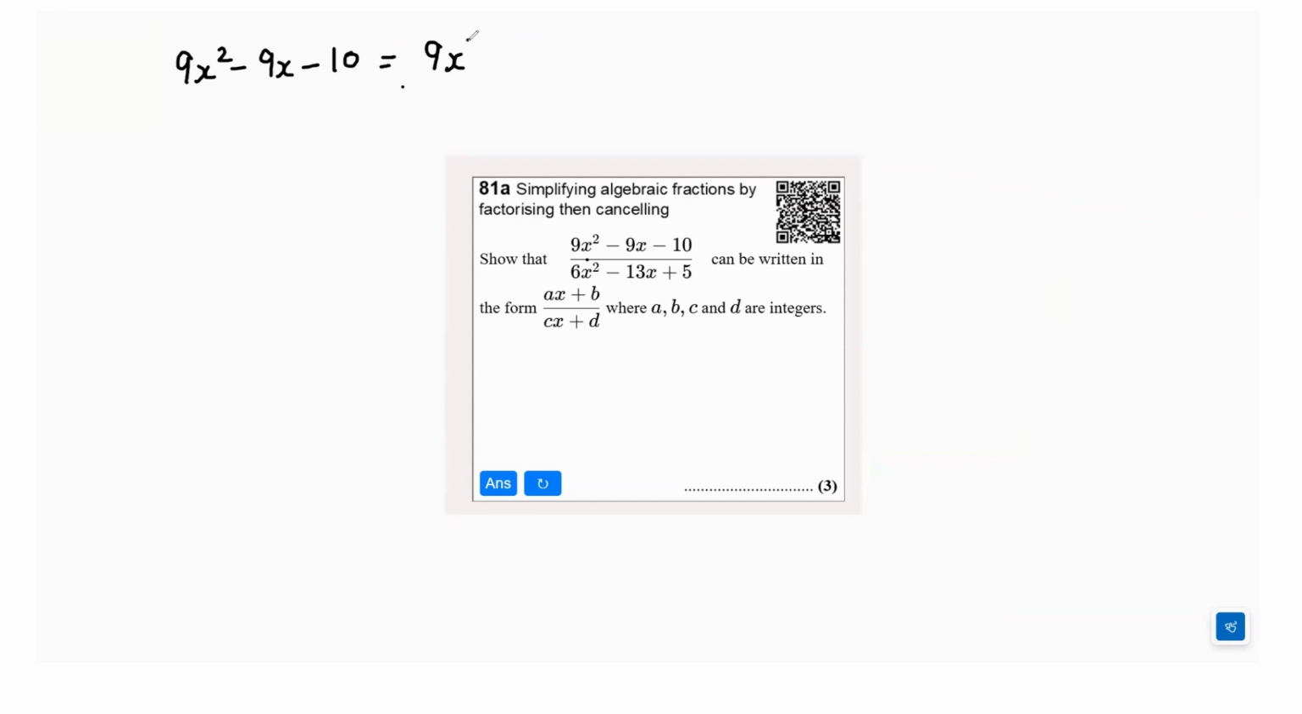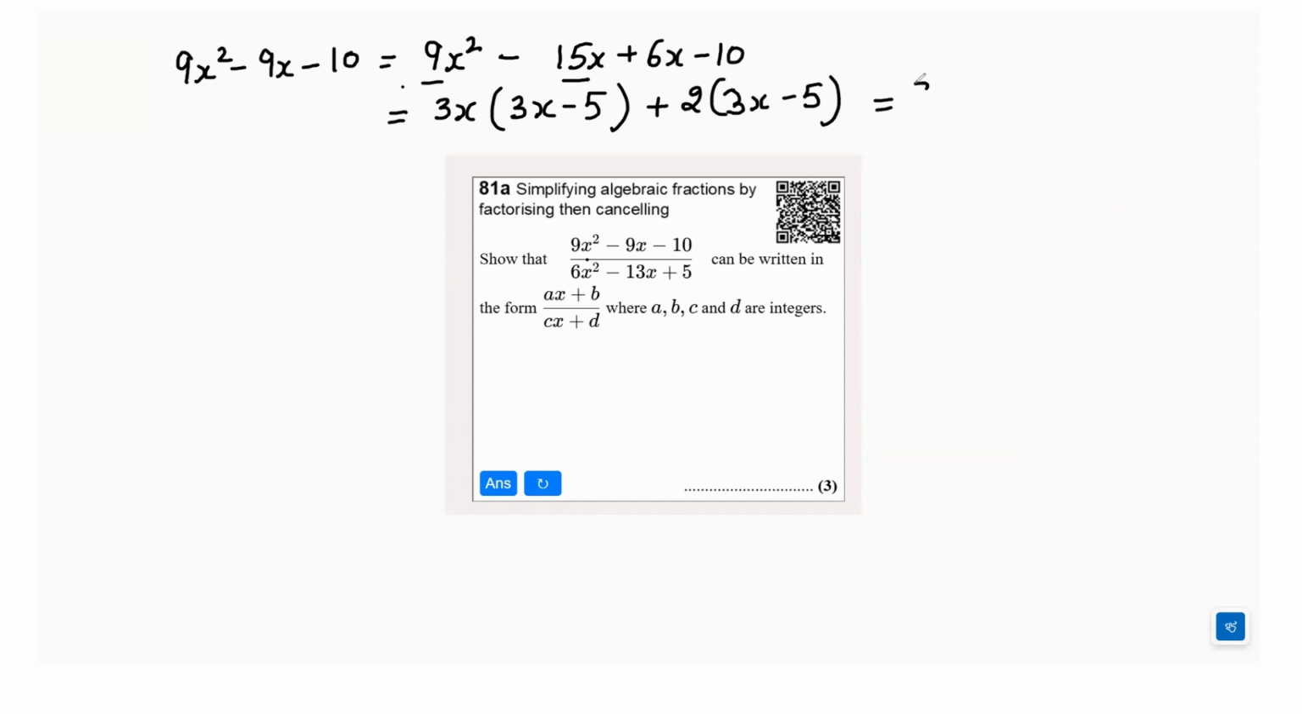Now in this case, we will factorize this. We will get here 9x squared minus 15x plus 6x minus 10. And now we can take 3x common from it. We'll write down here 3x minus 5. From here we can take 2 common, 3x minus 5, and we'll get here 3x plus 2 into 3x minus 5. Similarly, we can take 6x squared minus 13x plus 5,